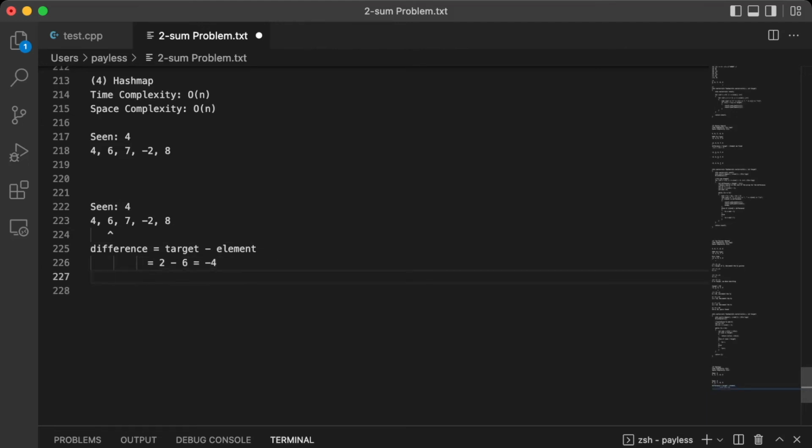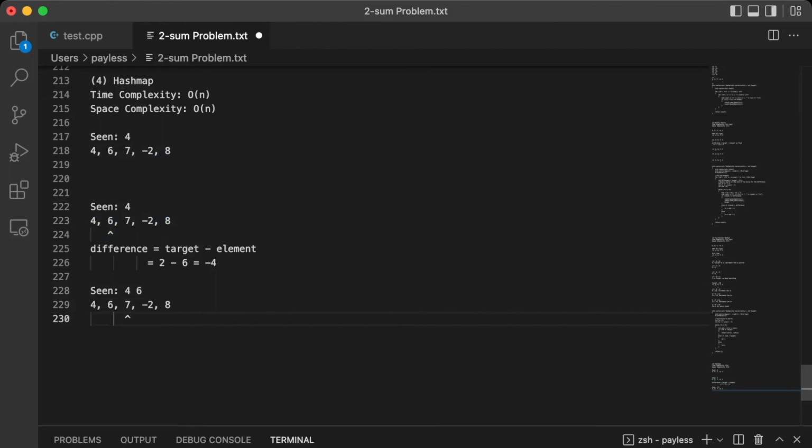So we know that -4 pairs up with 6 to get our target. So we want to basically search in our hash map if we have the number -4 to pair up with 6. In this case we don't. So we add the number 6 into our hash map, and then we move on to the next element in this array,